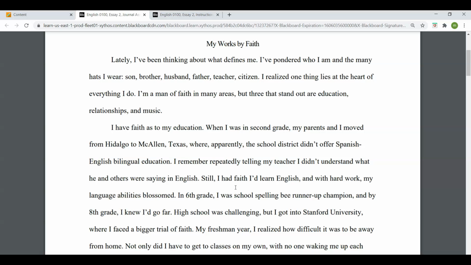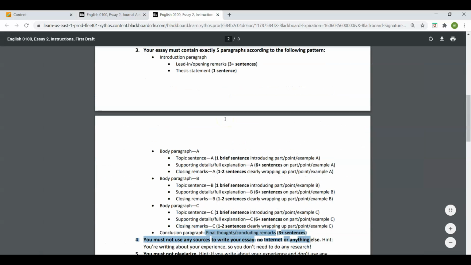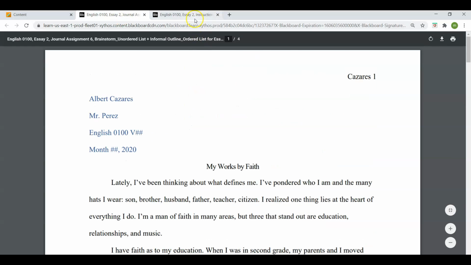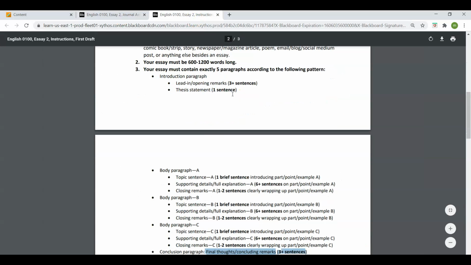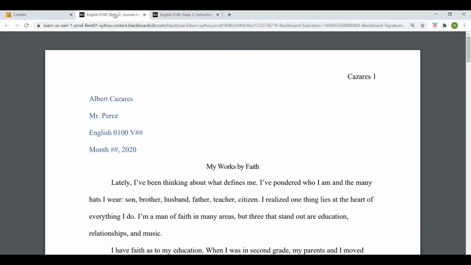I knew exactly what to say in every paragraph, and I didn't get lost because I was just following my teacher's instructions, right? I'm pretending to be Albert, right? Albert is a student in Mr. Perez's class, and Mr. Perez has told him how to write it. Okay? He told him how to do it. So there it is. Write a brief topic sentence, then move on to 6 or more sentences, then move on to a closing sentence where you wrap it up. That's all it is. So simple. Don't say writing is hard. You make it hard. You make it hard.